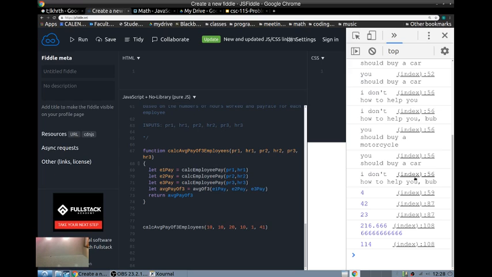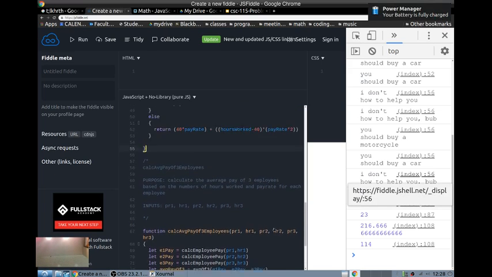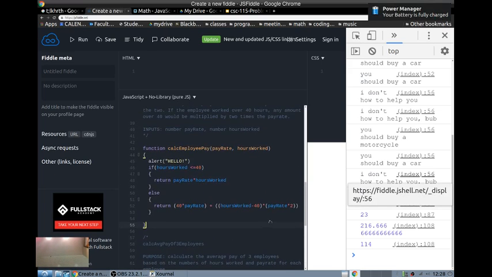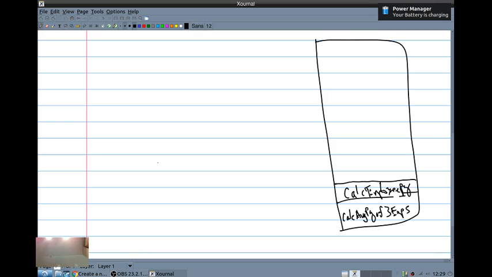Okay, so let's take a look at calc employee pay. The first step is another function call. Now this one we didn't define. This comes as part of JavaScript. But it's another thing we're doing. So here we're going to add in alert. Okay, alert does whatever it has to do, right? And then it stops running. And when it stops running, we can remove it from the stack. We take off the top of the stack, and then we're back in